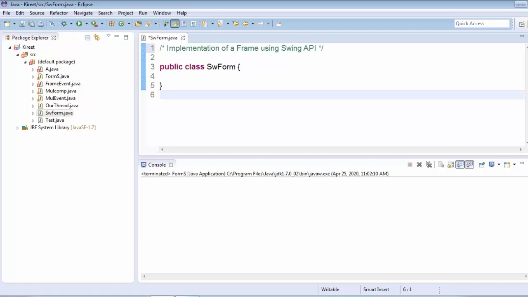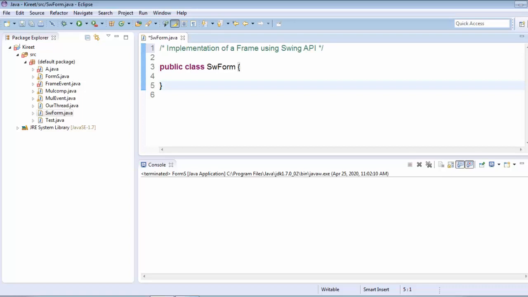Now let's see how Swing is used in creating a form. The main target of this form is that it contains some text fields and some labels.